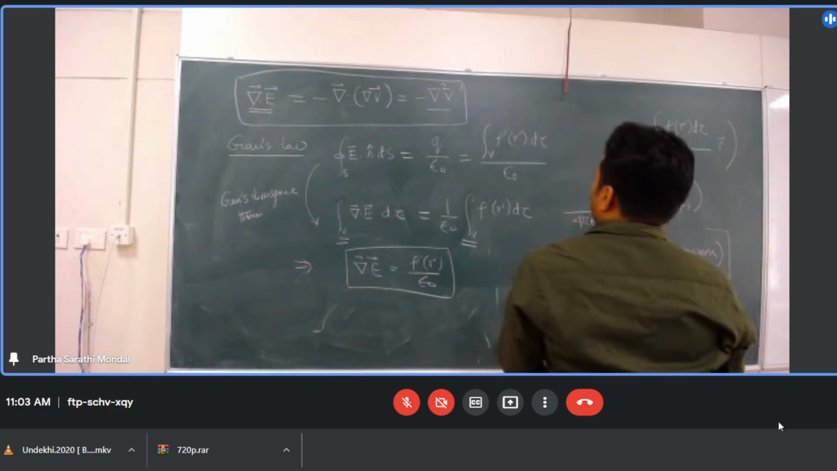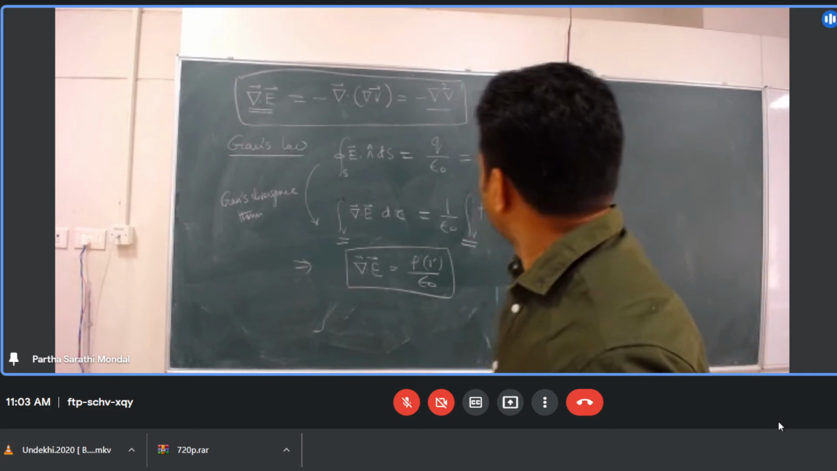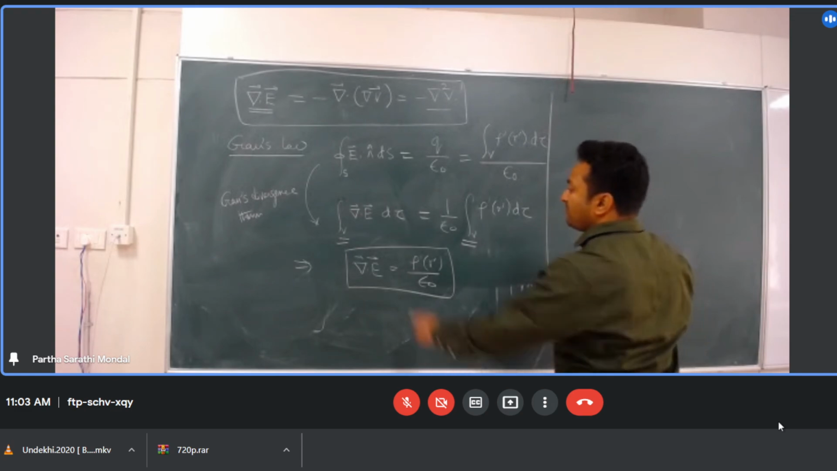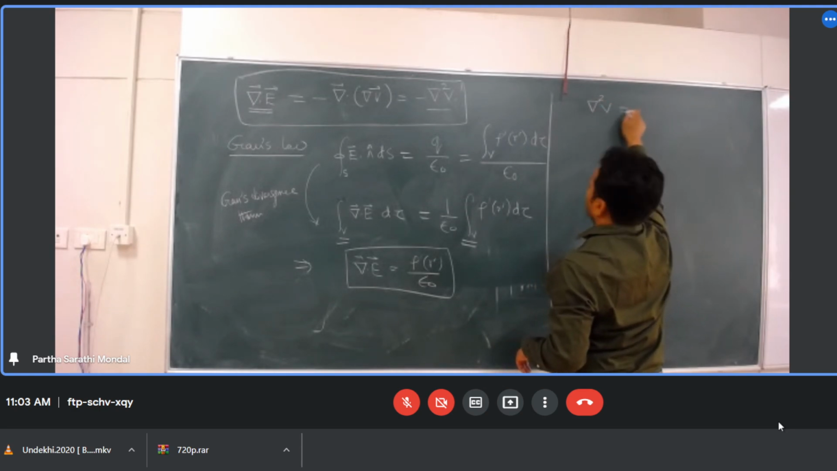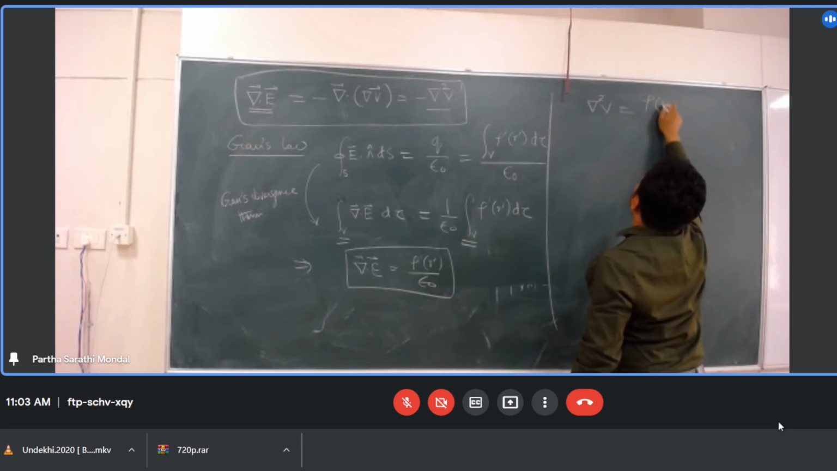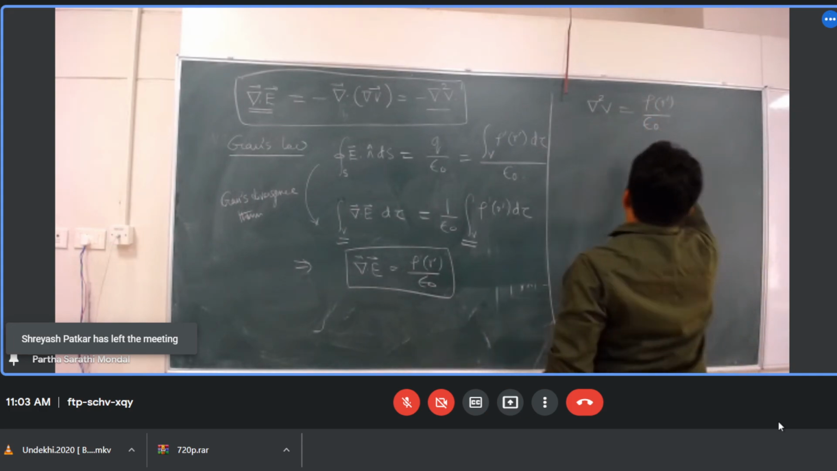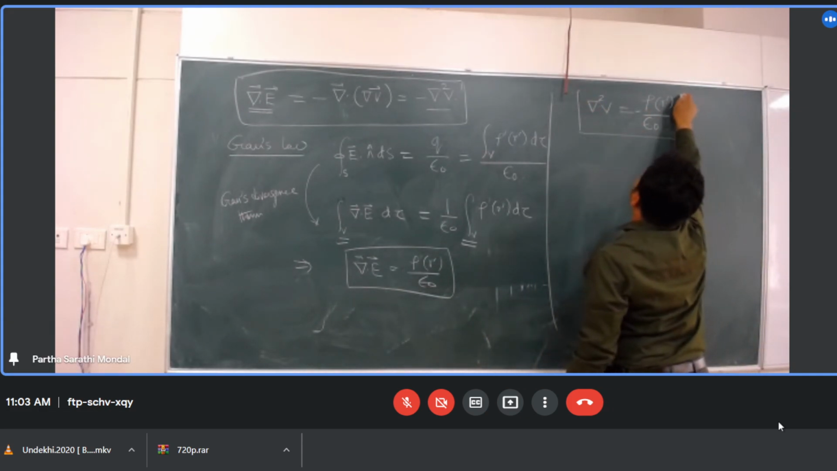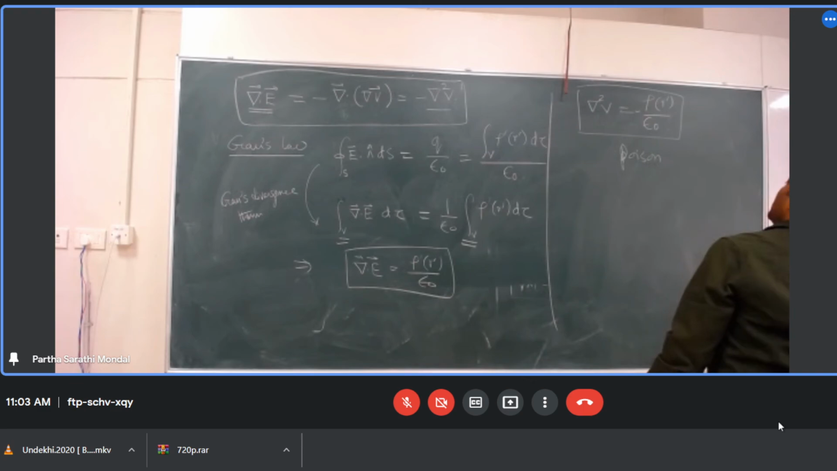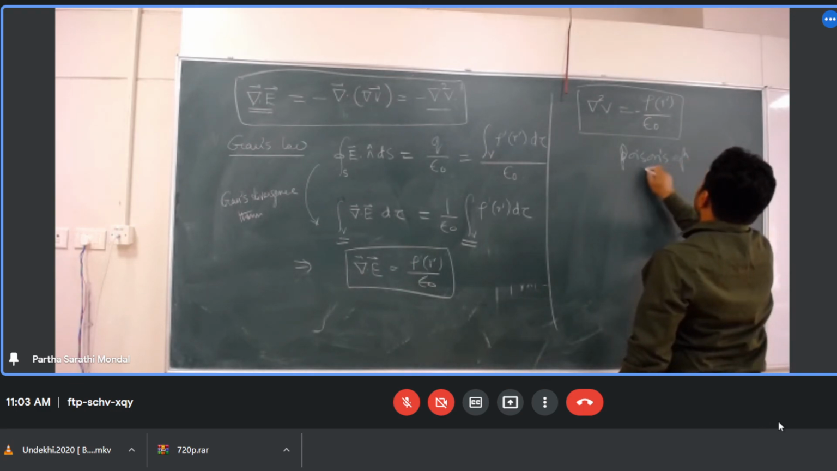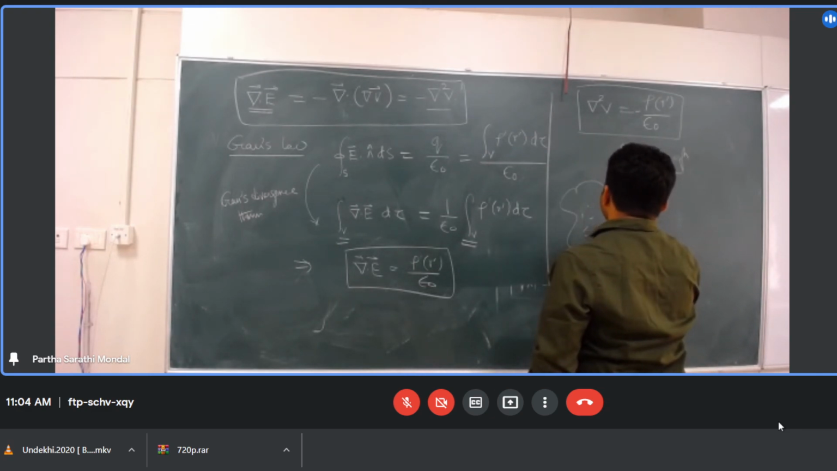So if I combine these two equations, it will give you del square V equal to minus rho r dot divided by epsilon 0. And there is one minus left, so minus. We call this Poisson's equation. Poisson is the name of a person. So what does it mean? If you have a volume with a charge distribution in it,